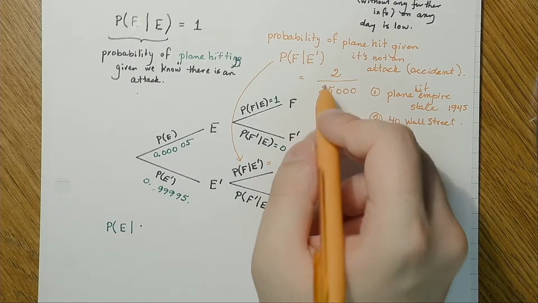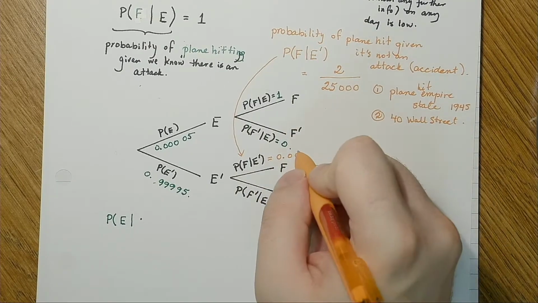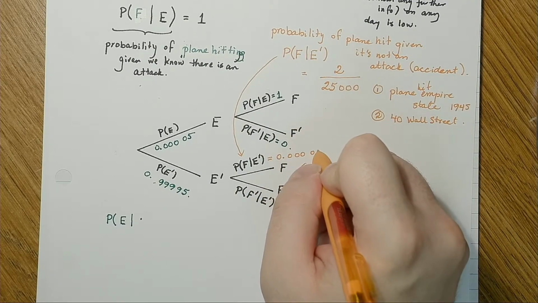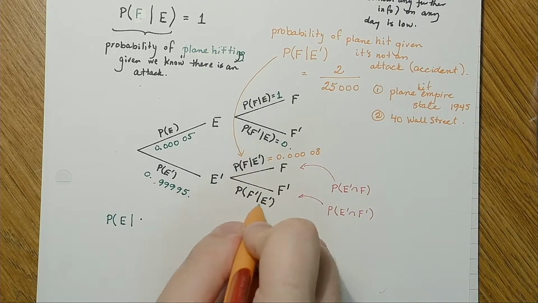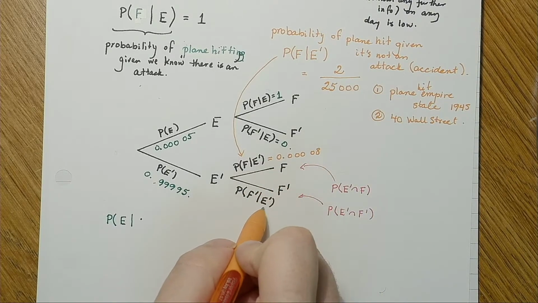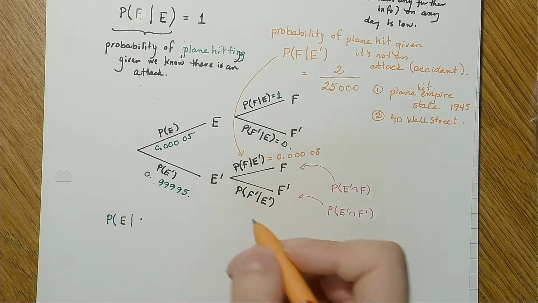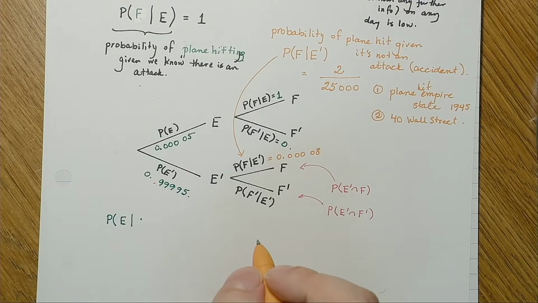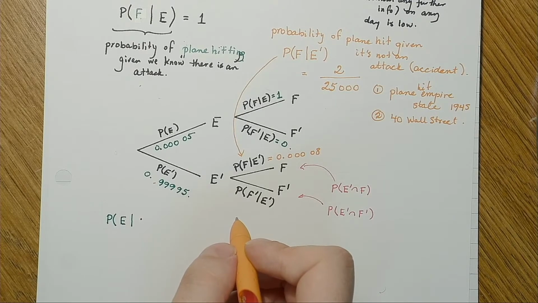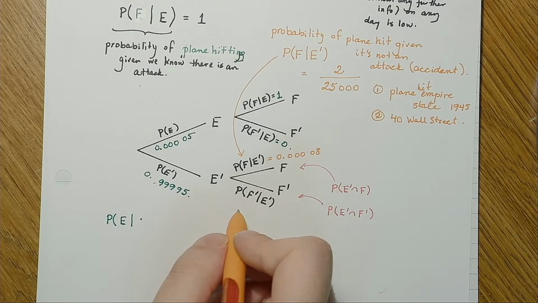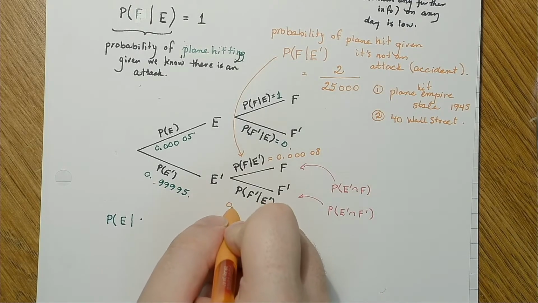So over here, that's roughly 0.00008. So again, it's a very low probability, which means that there is no plane hit and there's no attack. Gives us a really low number again. So if we do 1 minus that, 0.00008, again, it's like